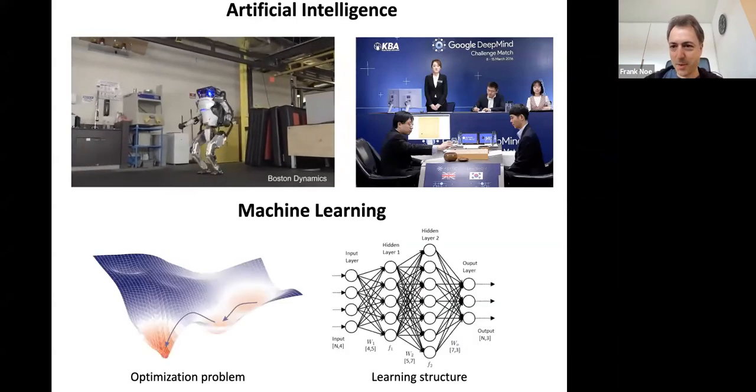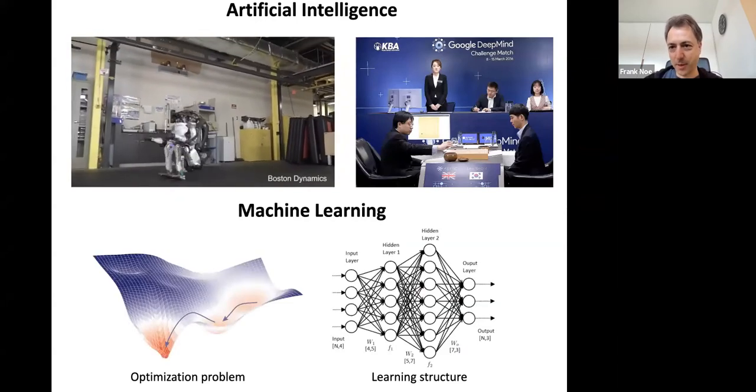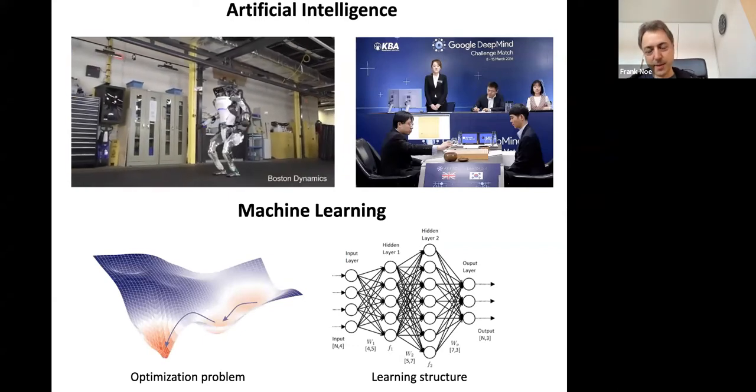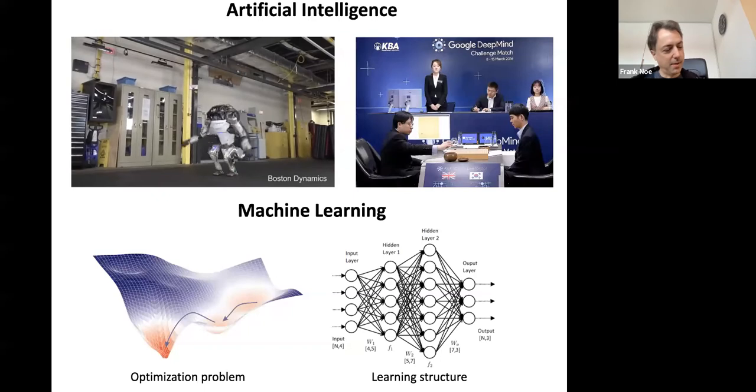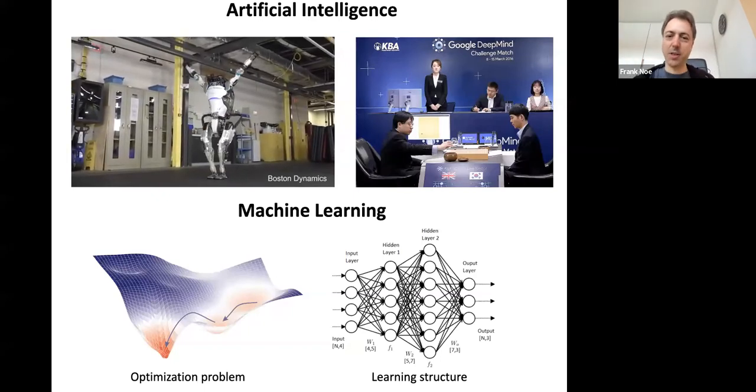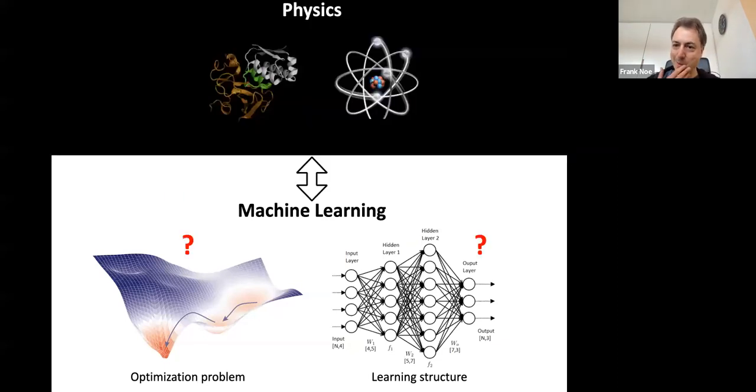And generally, when developing machine learning or AI methods, one basically is confronted with two questions, namely, what is the optimization problem and what is the learning structure like? Because machine learning problems are usually phrased as optimization problems, and on the other hand, learning structure means what is the neural network structure or kernel machine or whatever data structure which holds the parameters. And when we're dealing with physics or physical chemistry, then fortunately, the physics can tell us a lot about these choices. So for example, the optimization problem could be as simple as just a supervised learning problem where we have labels given that we're trying to match.